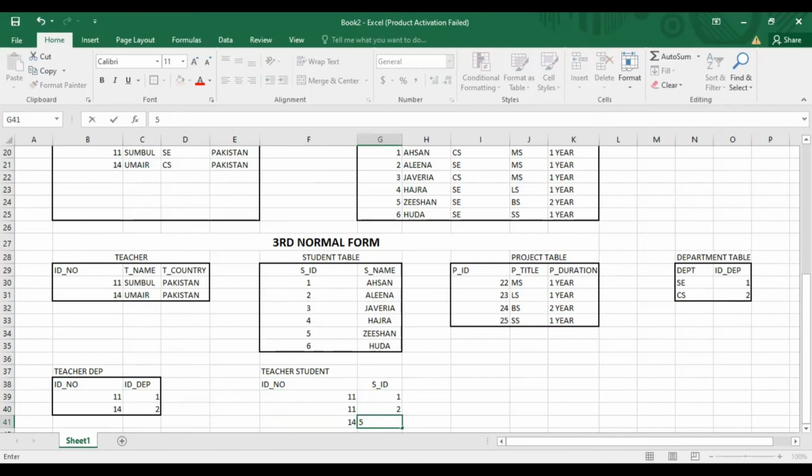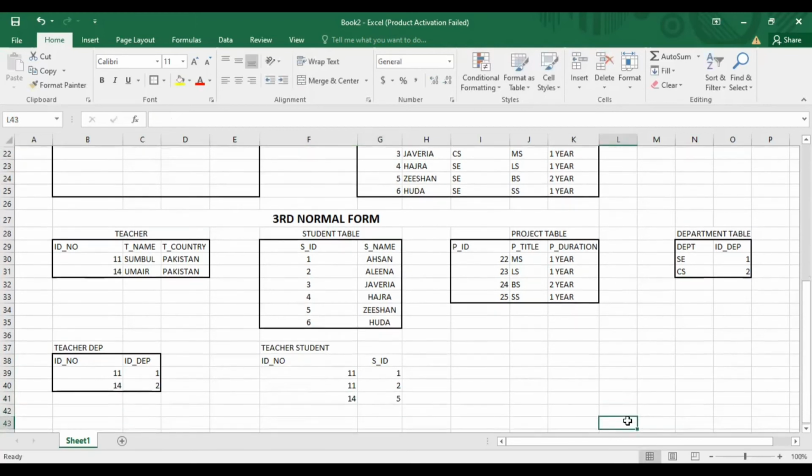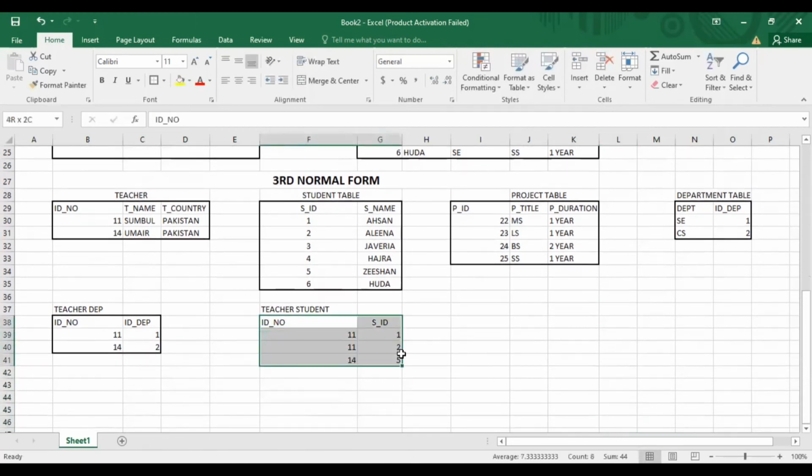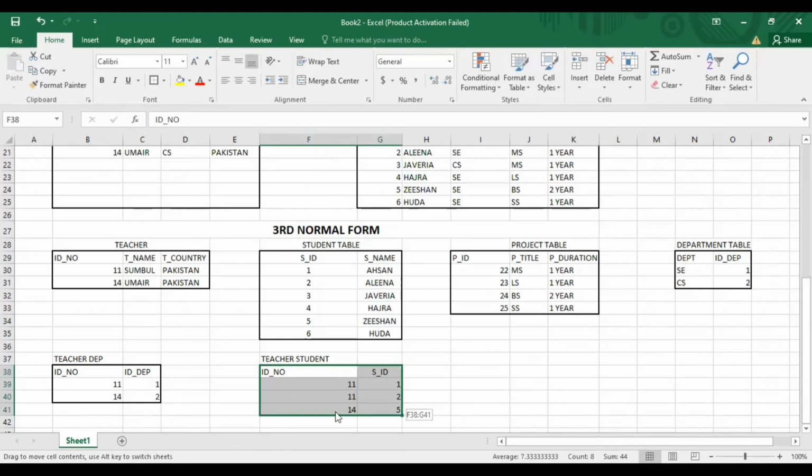So like this we will write those relations. Write as many as you want, if there are other students and teachers. It is possible that if Alina is not in any project, we will not create a relation for that. So this is a relation table of student and teacher.